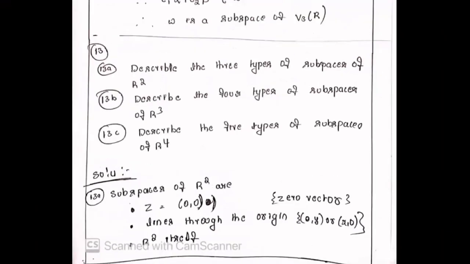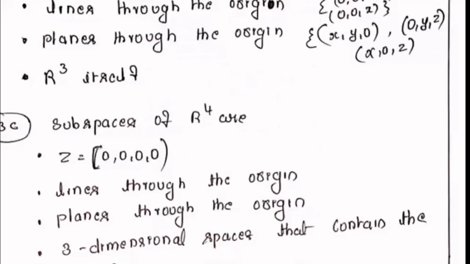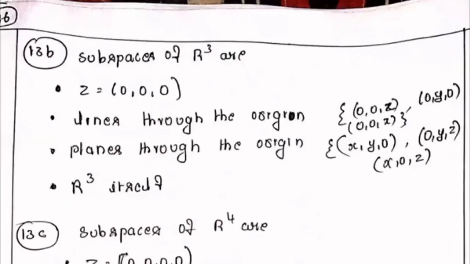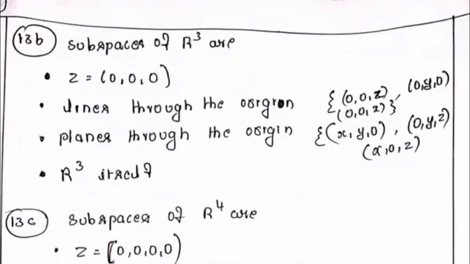So you can predict the 3 dimension thing now. The first, what are all the possible subspaces: the 0 vector. The 0 vector of a 3 dimension, that's why it is 0, 0, 0. Okay. Now you have a line. How do you represent a line in a 3-dimensional space? Only one of the variables will be there. The other 2 variables will be 0. So actually it is x comma 0 comma 0.